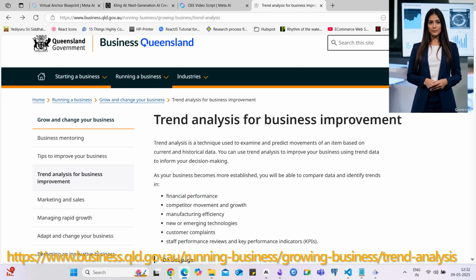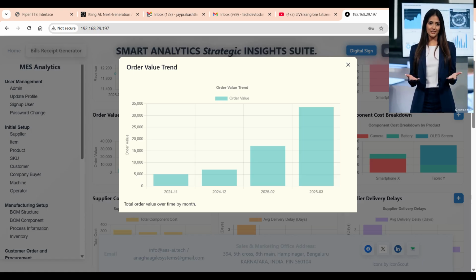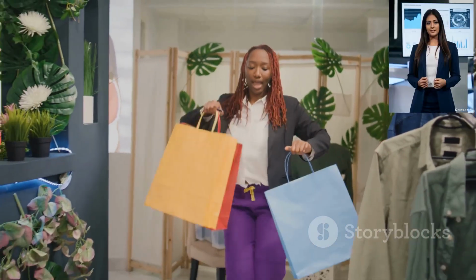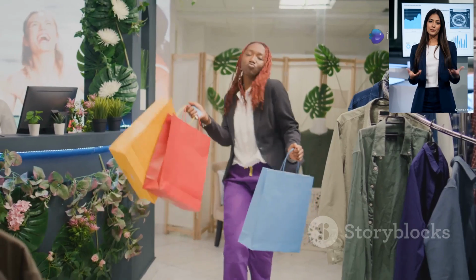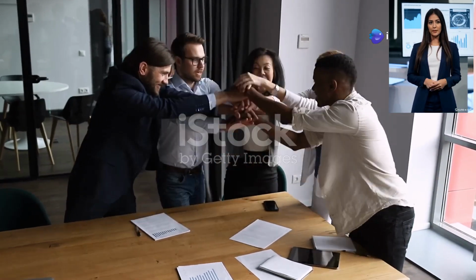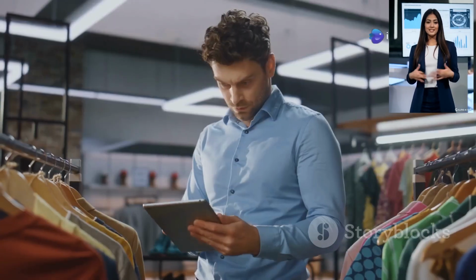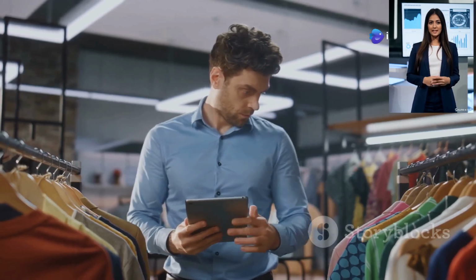Business Queensland highlights analyzing customer and sales trends for decision making. Application in SWOT analysis. The order value trend is a valuable input for SWOT analysis, which evaluates strengths, weaknesses, opportunities, and threats. Increasing order values suggest strong customer relationships, a clear strength, indicating loyalty and effective sales strategies. Conversely, declining values may point to weaknesses like customer dissatisfaction or competitive pressures, potentially signaling a need for product improvements